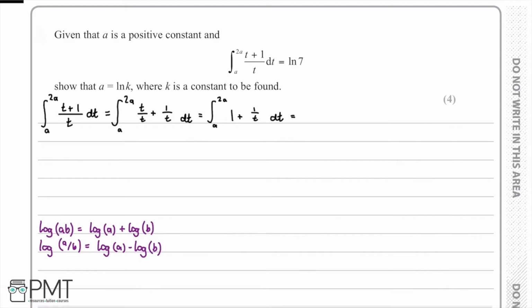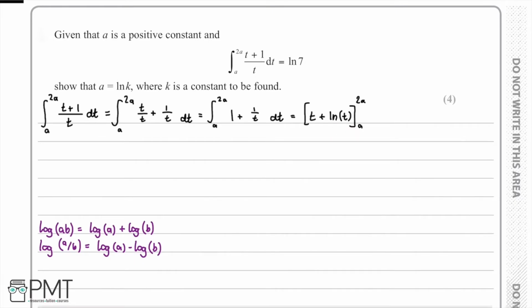So we can now carry out the integration, and we know that 1 integrated with respect to t is going to be equal to t. And then we know that 1 over t is going to integrate to ln of t. And then what we're going to do is we're going to put square brackets around these and write our limits in to show that we have integrated, but we now just need to sub our limits in. So that's the next step. What we're going to do is we're going to sub 2a in and then subtract the expression with a